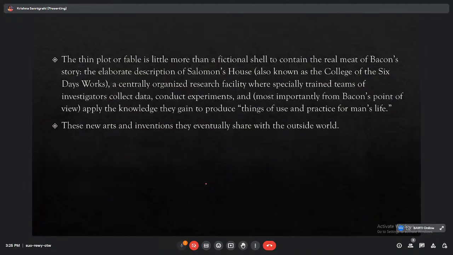Now the thin plot or fable is little more than a fictional shell to contain the real meat of Bacon's story. So the fictional shell, it's an outer covering. So if you think of an egg, and how the outer covering is only protecting something which is inside it, so it is little more than a fictional shell to contain the real meat of Bacon's story. And what is that? The elaborate description of Solomon's house, also known as the College of the Six Days Work, a centrally organized,